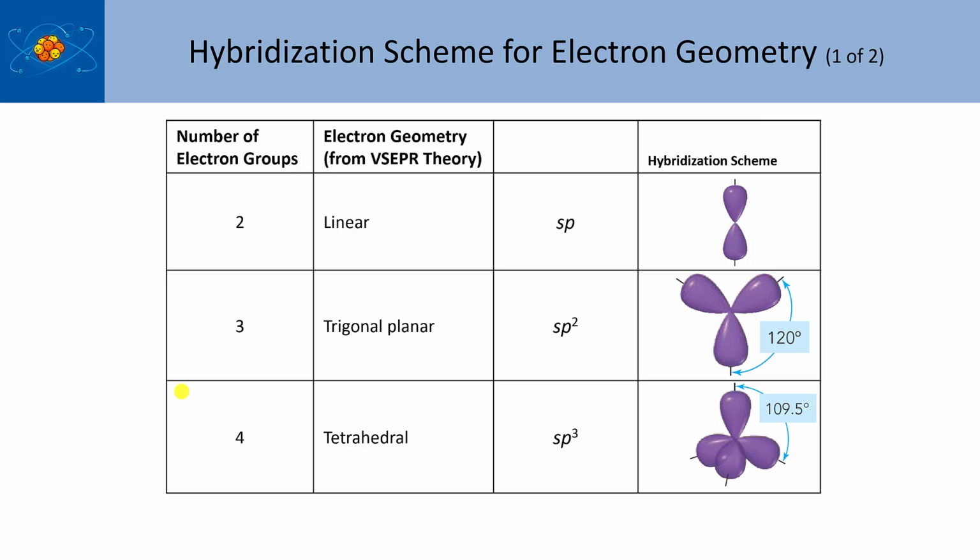So we can summarize the hybridization schemes like this table for the different electron geometries. Right? If it's sp hybridized, it's linear. Bond angles are 180 degrees. If it's 3 groups, it's trigonal planar, which would be sp2. That's 120 degrees. And for 4 groups, you end up with sp3, and the angle between the hybrid orbitals is